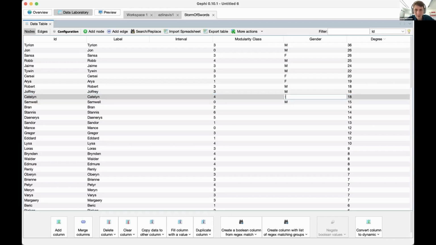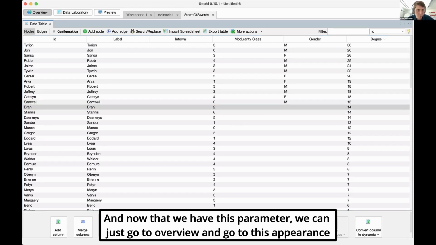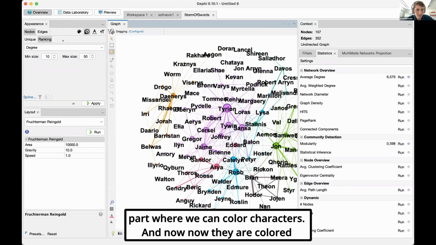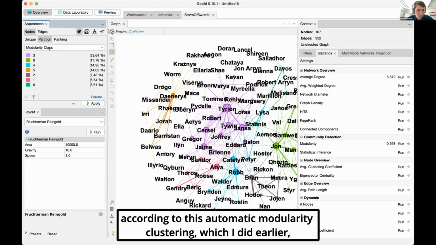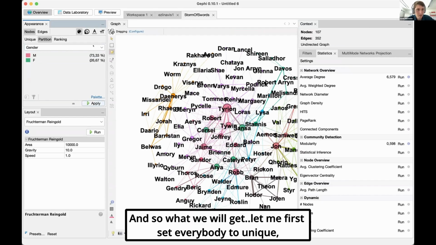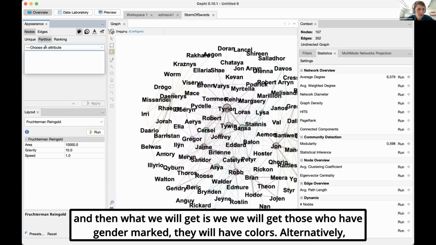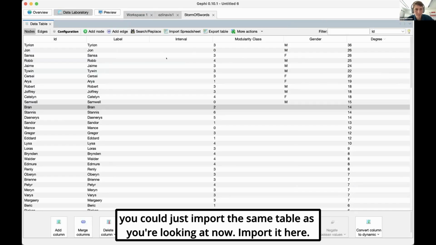Now that we have this parameter, we can just go to overview and basically go to this appearance part where we can color characters. And now they are colored according to this automatic modularity clustering, which I did earlier. What we could also do is select this gender, and you can see it's just two colors. Let me first set everybody to unique, and then those who have gender marked will have colors. Alternatively, you could just import the same table as you're looking at now,